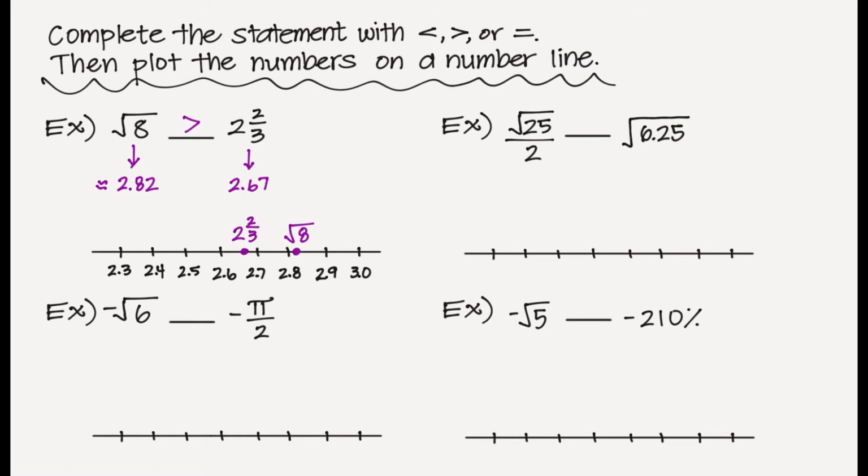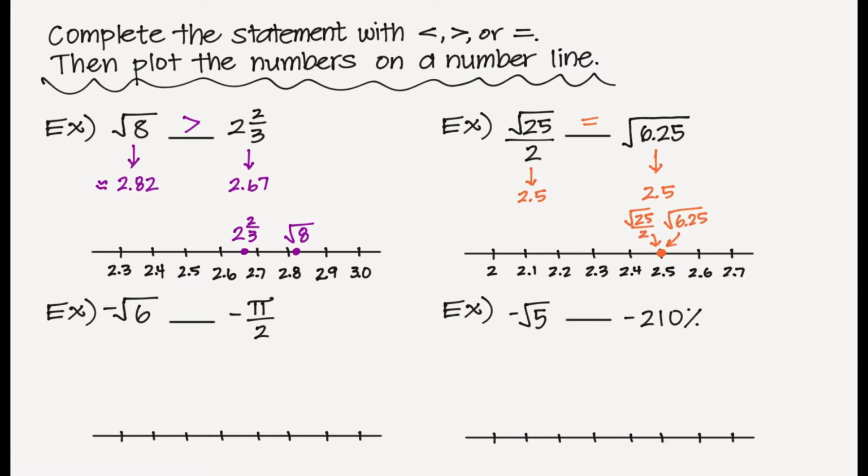Radical 25 divided by 2, and then the square root of 6.25. So I know the square root of 25 is 5. 5 divided by 2 is 2.5. If I use my calculator, I could take the square root of 6.25, which would also be 2.5. So it's clear to see that they are equal, which means on my number line, I'm going to only have 1 point at 2.5,